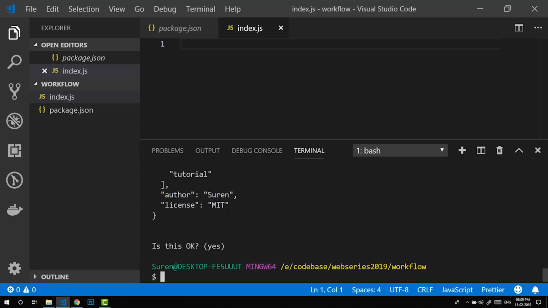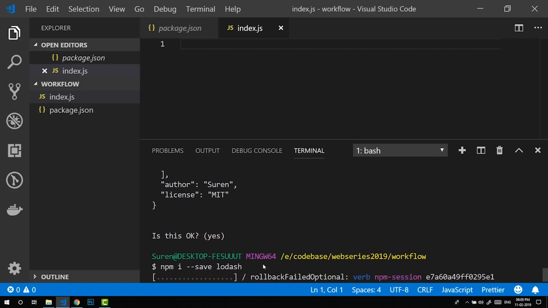All you have to do is type in npm install, or the short version is i, and --save. There is actually a flag called -g, which stands for global. But since we are not using this globally, I'll just remove it. And then the package name, lodash. You could write --save even at the last, it doesn't matter. So once you do this, what happens is,